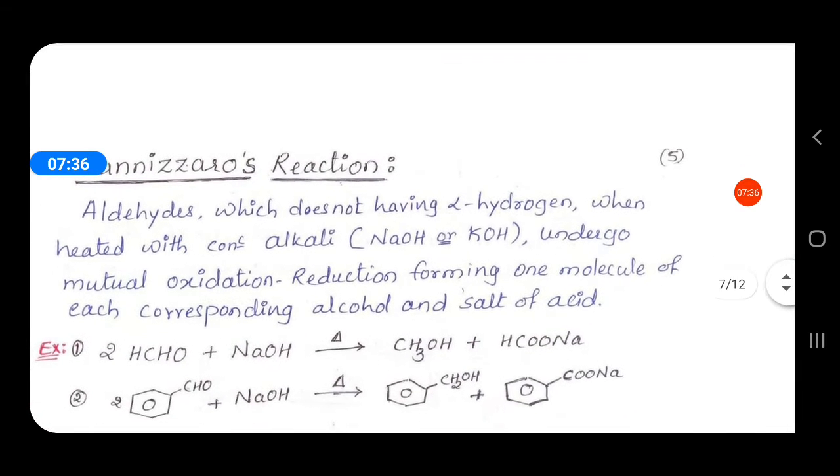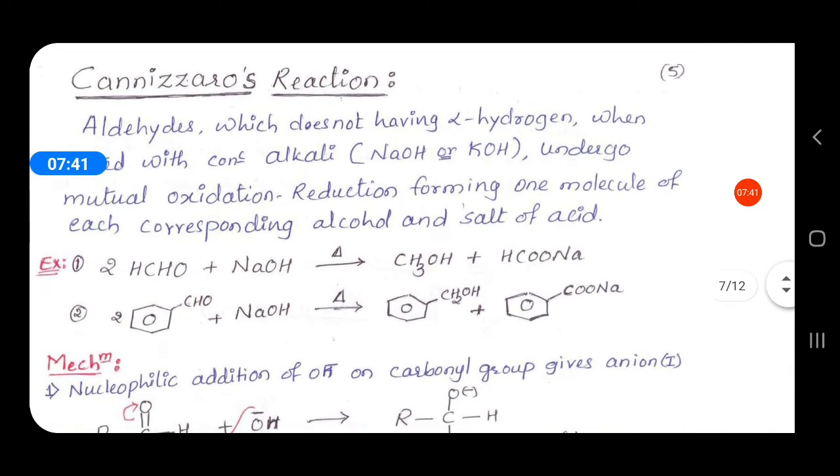Second one is Cannizzaro reaction. In the Cannizzaro reaction, again the condition is the same. Two molecules of aldehydes are treated with base, but the aldehyde here does not have alpha hydrogen. The aldehydes which do not have alpha hydrogen are treated with concentrated alkali, whereas in the aldol condensation just